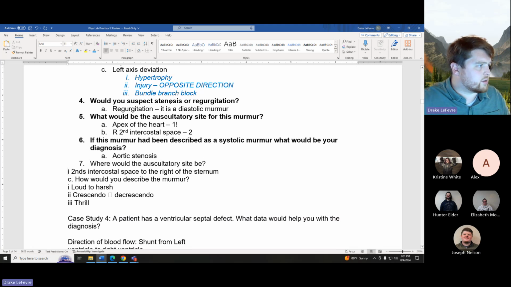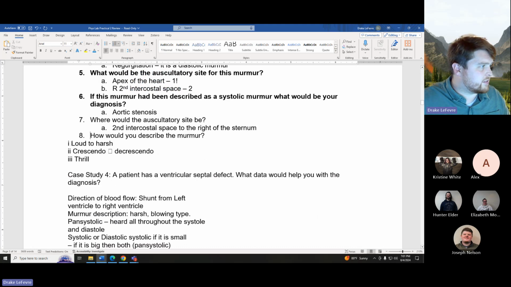Aortic stenosis is where the auscultatory site is, that second intercostal space to the right of the sternum. How would you describe the murmur? All of these extra things. And like I said, he's more than likely going to give you almost these exact same questions